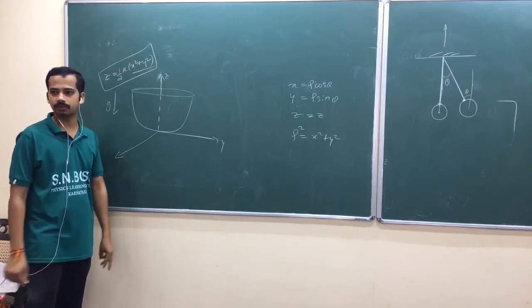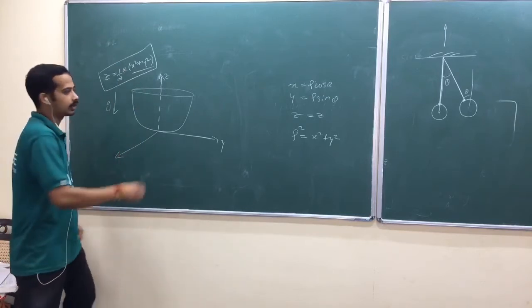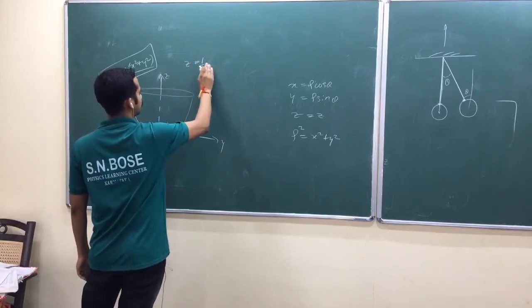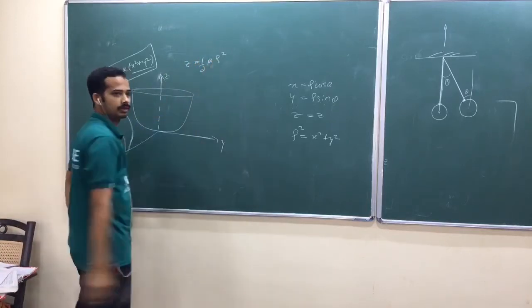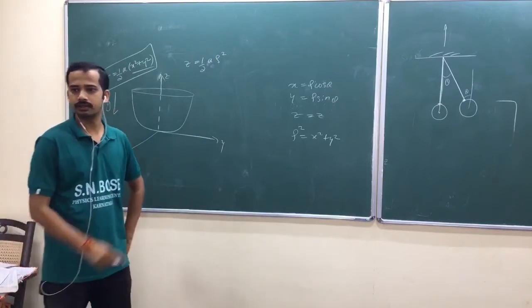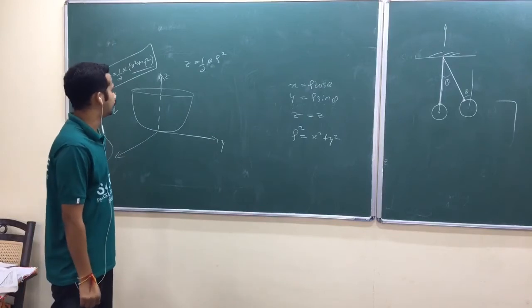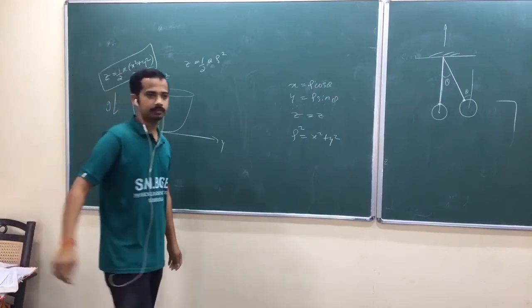And you can eliminate one of them. Isn't it? I can write in cylindrical coordinates, z is equal to half a rho square. Am I right? Z and rho are related. You can eliminate one of them. Is that okay? But in that question, again, let me upload that one.